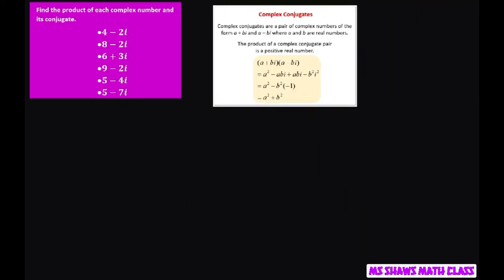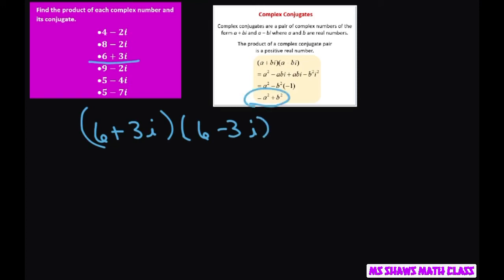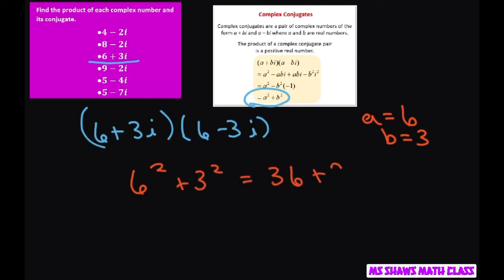So now we can go a little faster. So we have 6 plus 3i. So the conjugate is 6 minus 3i. And let's just use our formula. a equals 6 and b equals 3. So we're going to get 6 squared plus 3 squared. This is 36 plus 9, which equals 45. Next one,